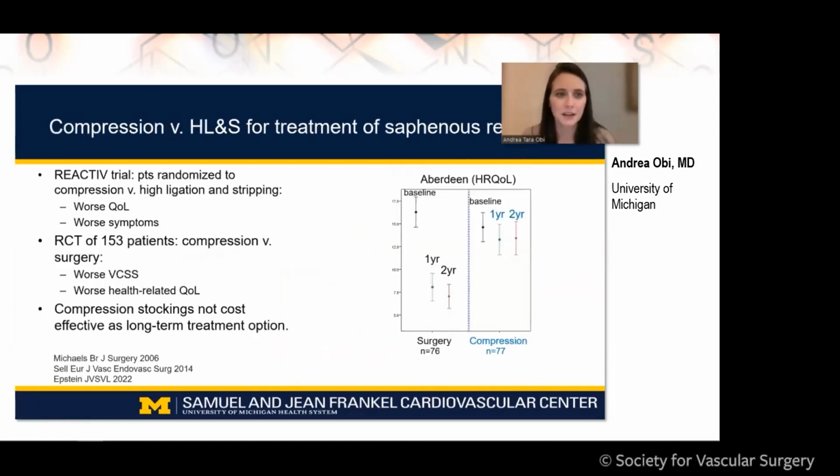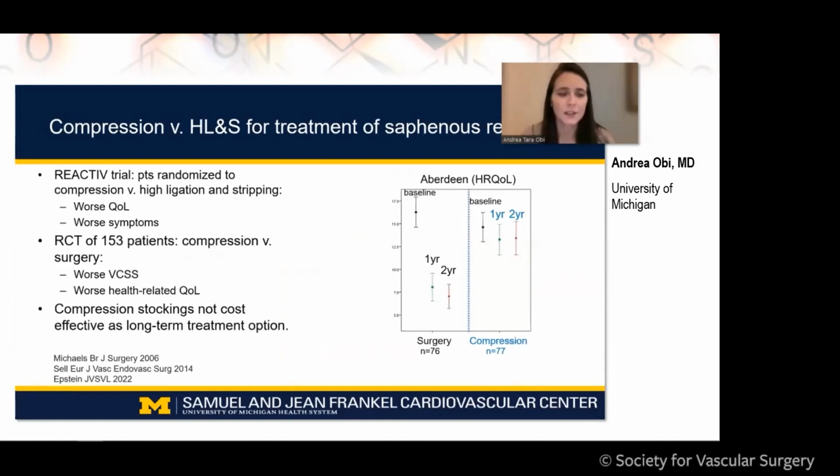First, let's talk about the data regarding compression therapy compared to high ligation and stripping for the treatment of symptomatic saphenous reflux. The question of which one of these was superior was addressed in several randomized trials. In the REACTIV trial, 246 patients were randomized to receive compression therapy compared to high ligation and stripping. Of those that underwent compression therapy,